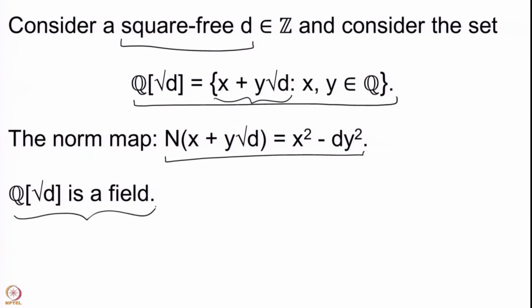This is a ring because we have addition defined on the set, we have multiplication defined on the set. The addition gives you a group structure and multiplication is associative, multiplication has identity and multiplication has distributivity property with the addition. So, this is what is called a ring, and moreover with the help of the norm we also see that this is actually a field. That means any non-zero element in this set is invertible with respect to the multiplication. So, you can divide by any non-zero element in the set Q root D and you will still be in the set Q root D.